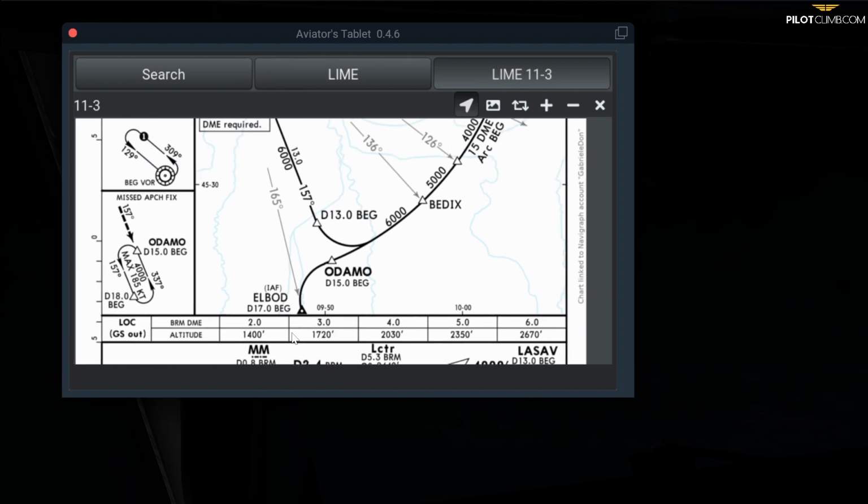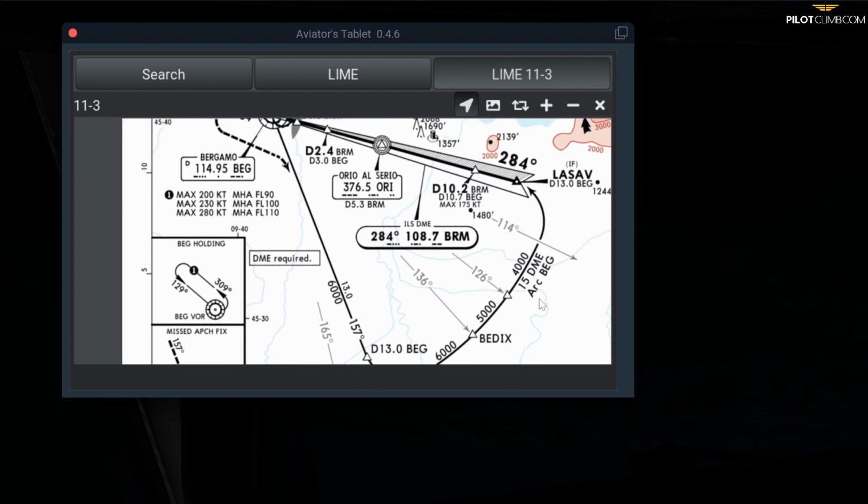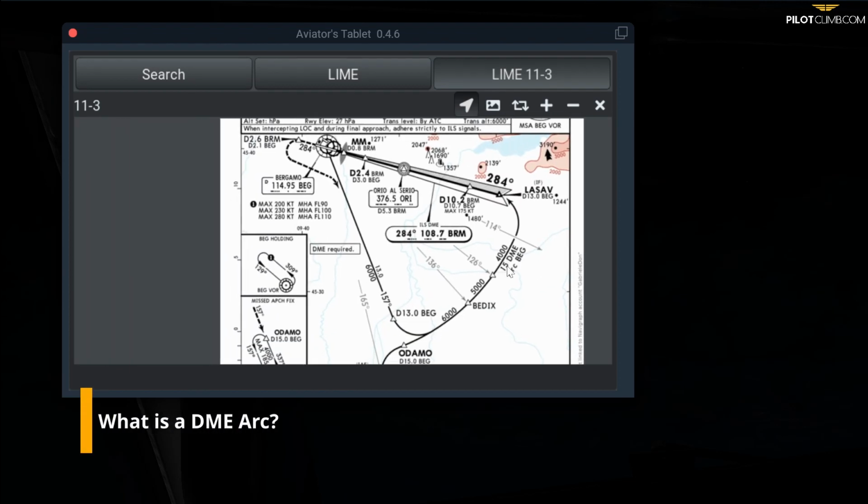Okay. After we cross ELBOD, we're gonna turn right. We're gonna perform this raw data DME arc. Okay. So what is a DME arc procedure? I made a separate video like 1 year ago where I talked about the arc DME procedures, but the arc DME procedure is one of the most challenging IFR procedures for a pilot, because